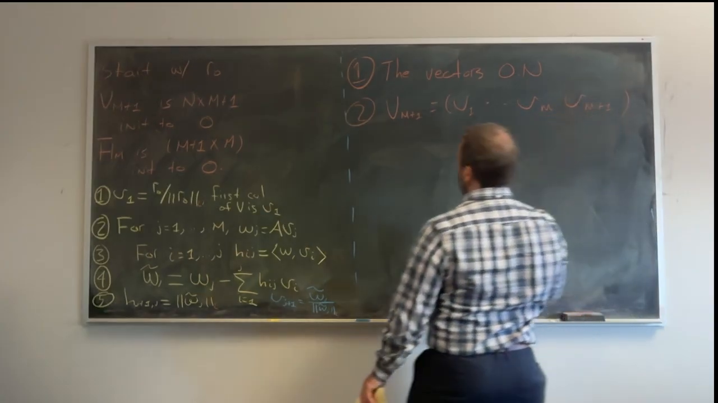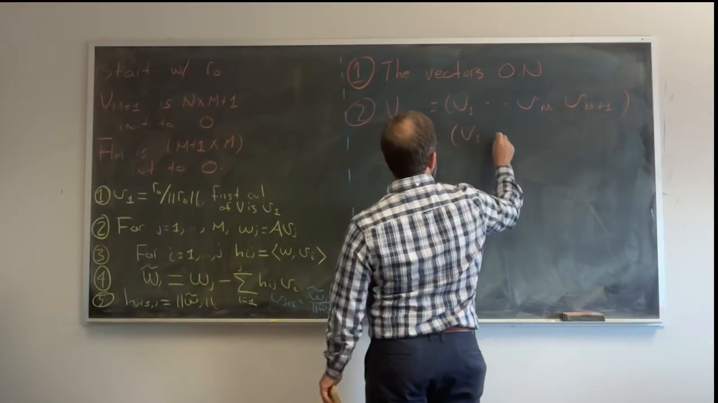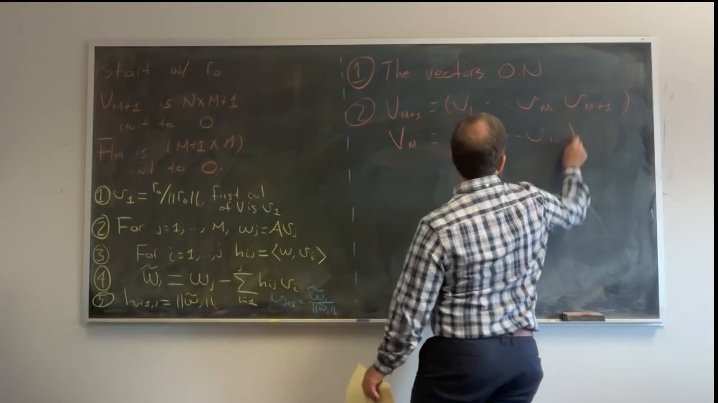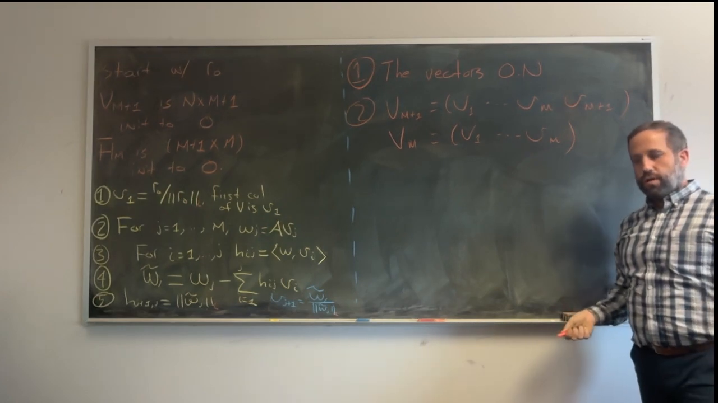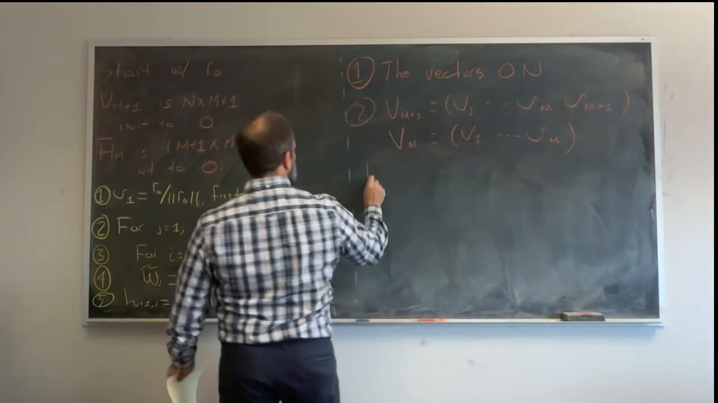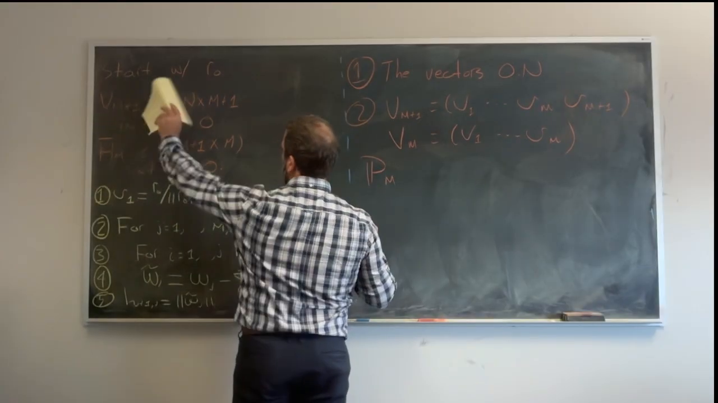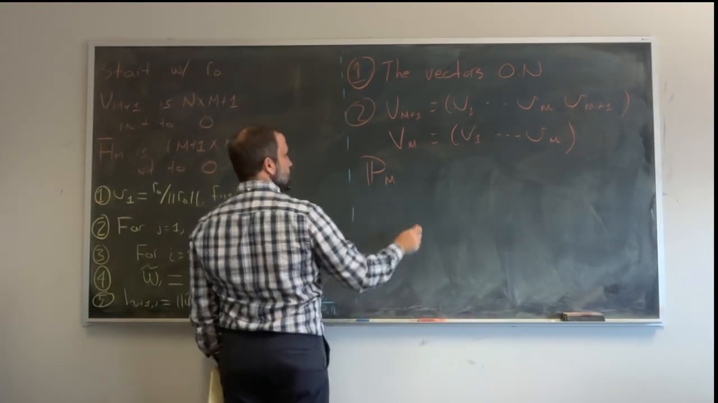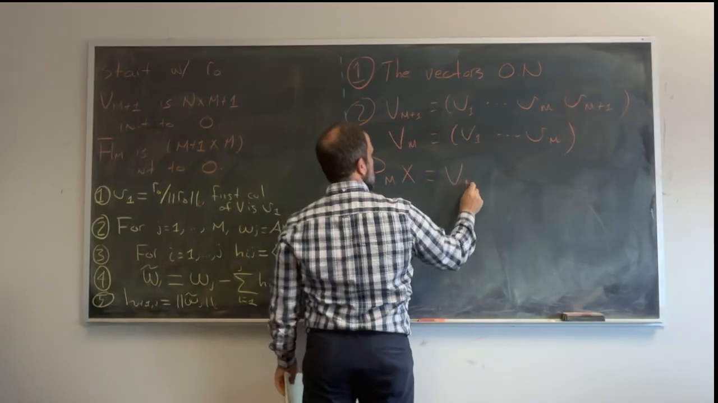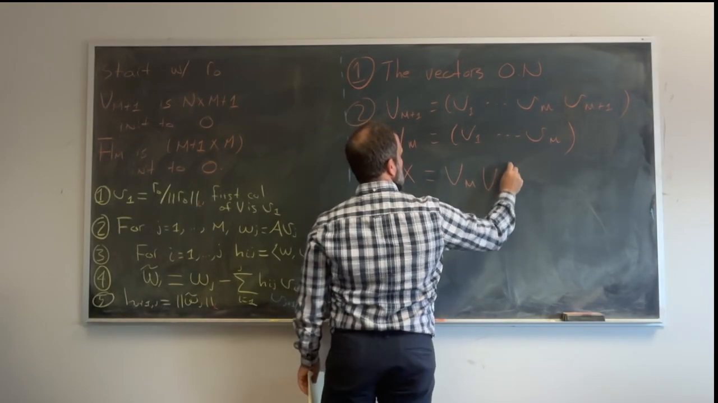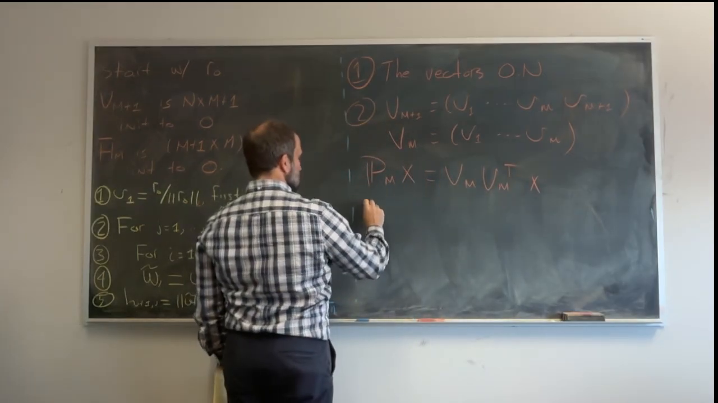And then Vm is going to be V1 through Vm. Since the vectors are orthonormal, the projection onto the Krylov space, I thought I had the Krylov space written up here, the projection onto the Krylov space of X is just going to be Vm transpose X, and then, of course,